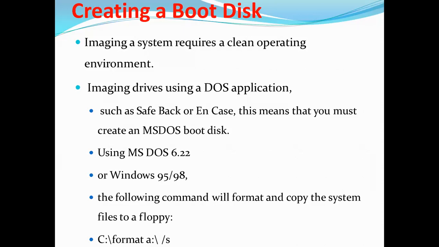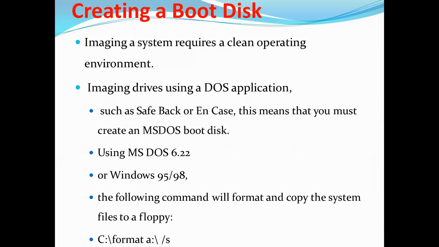SafeBack requires an MS-DOS bootable disk. This means that you must create an MS-DOS bootable disk, which will be the directory of that particular operating system. This file contains the code to get a computer running a minimal operating system. So to run an operating system, a few codes are required in those DOS commands. The first file processed by the computer is the IO system, so the code of the IO loads the context and everything runs.